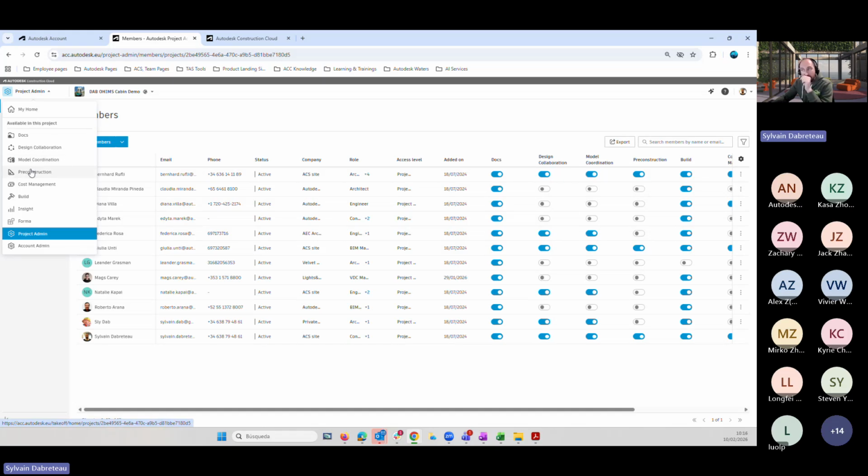Eventually, I will be setting up pre-construction, which was named previously Takeoff, but now Takeoff is part of this pre-construction module. So pre-construction, cost management, build, and eventually Insight. And Insights are the KPIs. It's project controls, data, information, mainly for the project managers.